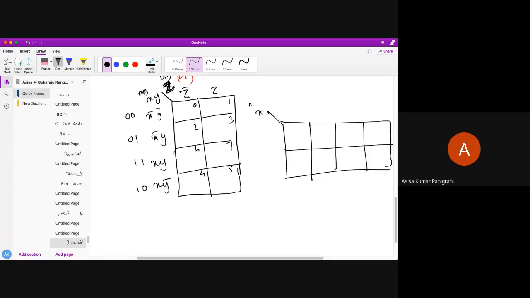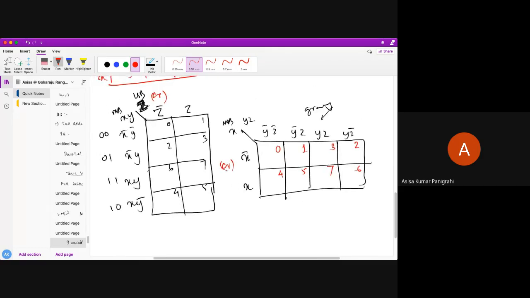This is my X, which is MSB, YZ, here Y bar Z bar, Y bar Z, YZ, YZ bar. So this I have done with the help of gray code sequencing. Okay, don't get confused. X bar, X. So place values are like this. So this will be your M0, M1, M2, M3, M4, M5, M6, M7. Do you all understand, students? So these are the two different ways you can actually construct the KMap for your logical expression simplification for the three variable.